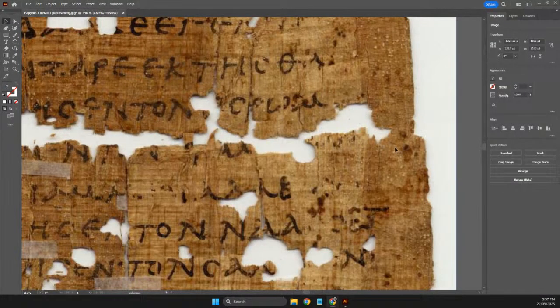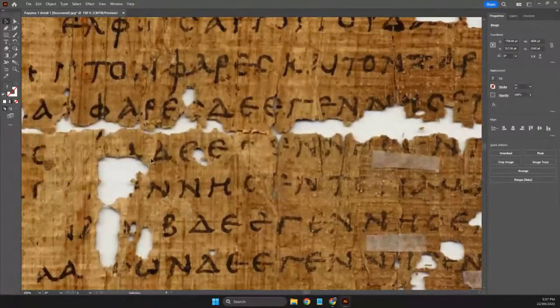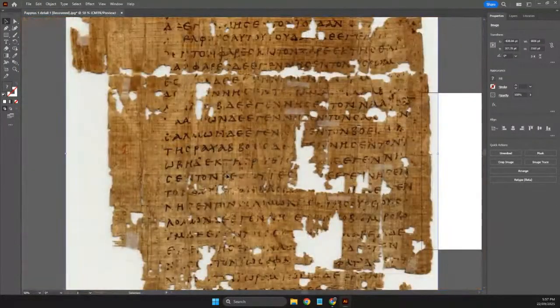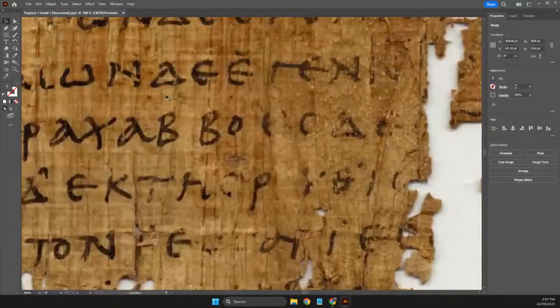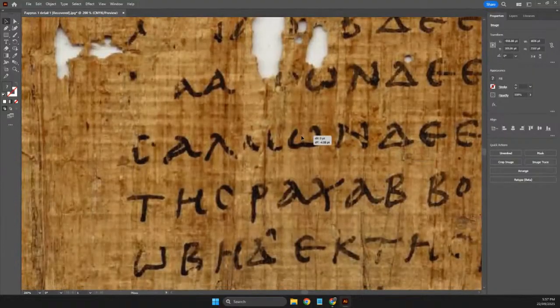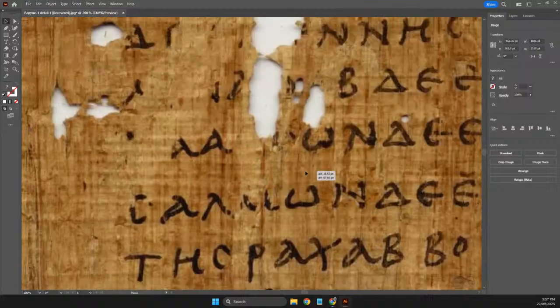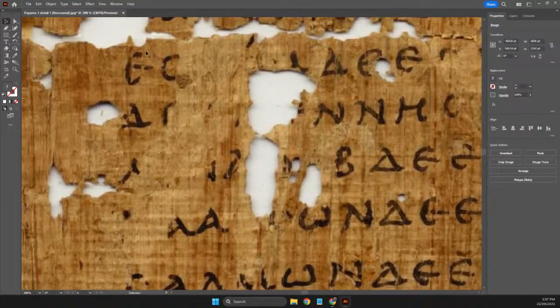Let's have a look at the next line. Now, I'm just going to have to zoom out so I can get my bearings. Okay, so that was right on the crease. So we're going to the second line underneath the crease. Let's zoom in there. Okay, so what are we looking at? First line under the crease, and this is the second line under the crease, which says